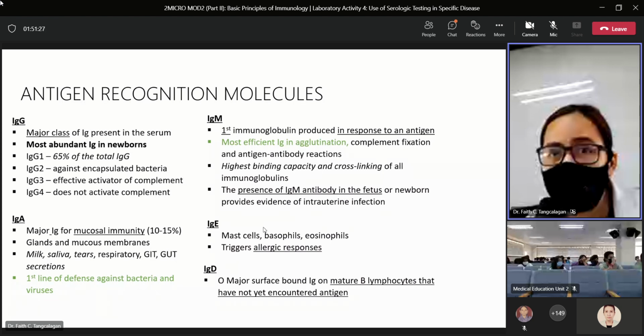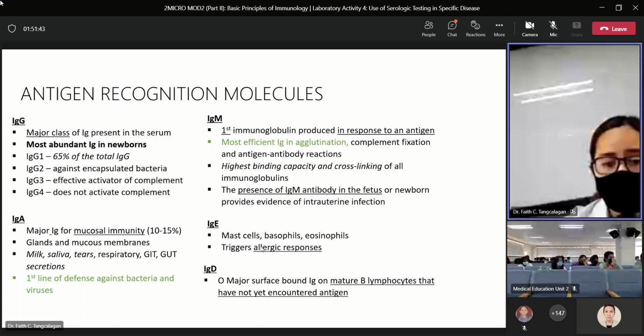So it's your IgE that is responsible for that. Another is your immunoglobulin D. Also only in trace amounts, but it's more on the mature B lymphocytes that have not yet encountered antigen. So, okay, just remember all the important characteristics or features of each of these